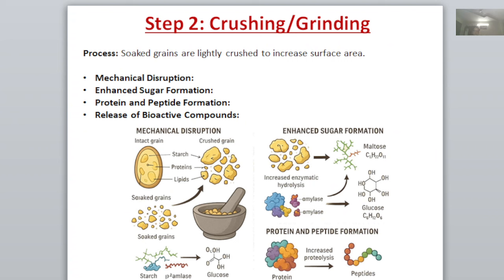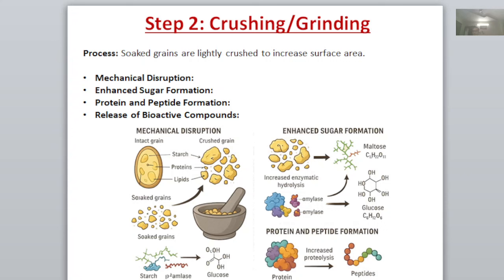So once they started the processing, the next step is crushing or grinding. So basically you are doing mechanical disruption. Mechanical crushing means you are disrupting the structural integrity of these grain tissues. So you are breaking the cell walls. Once the cell wall is broken, the cell wall being made up of cellulose, hemicellulose and pectin,